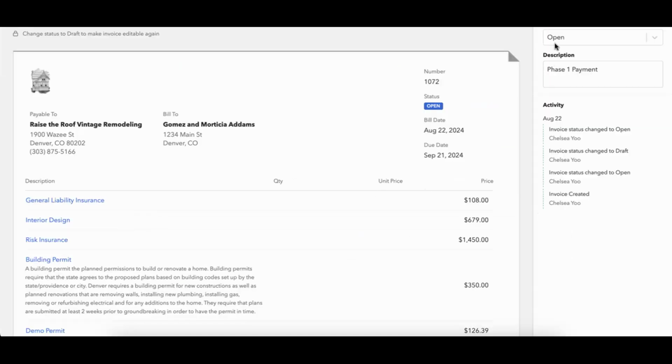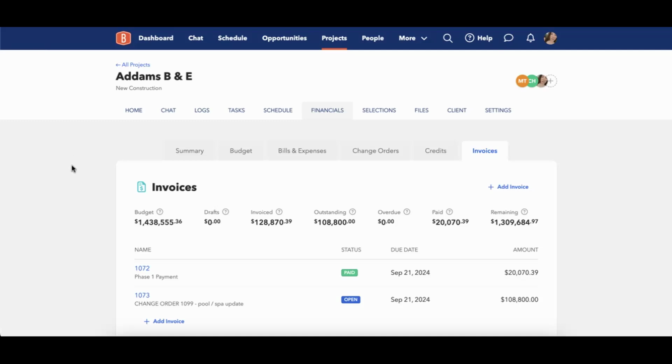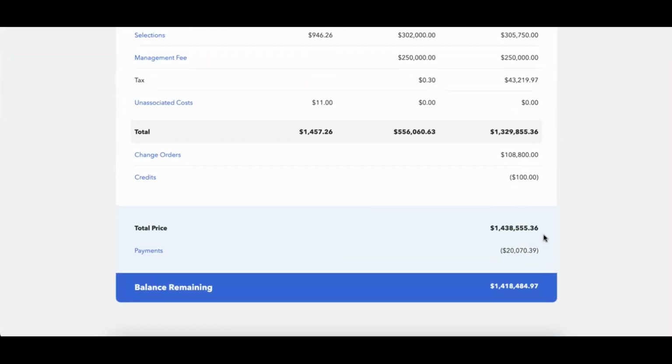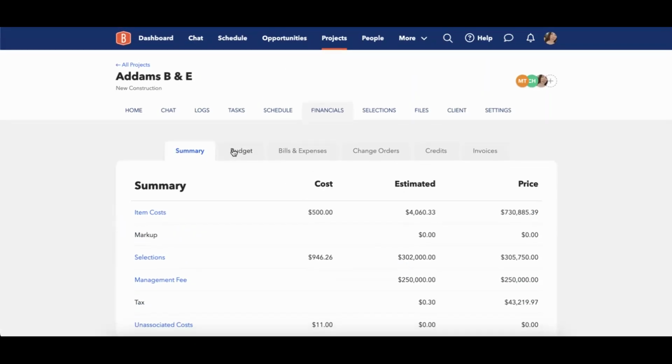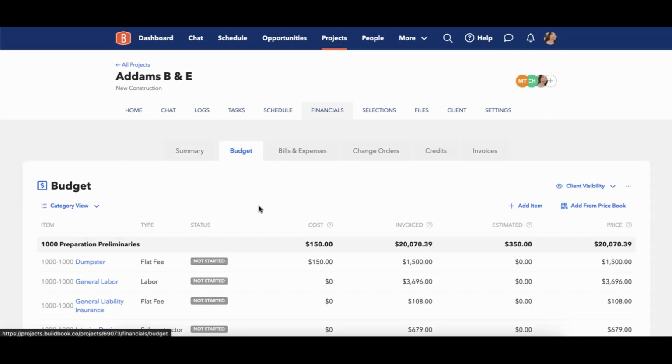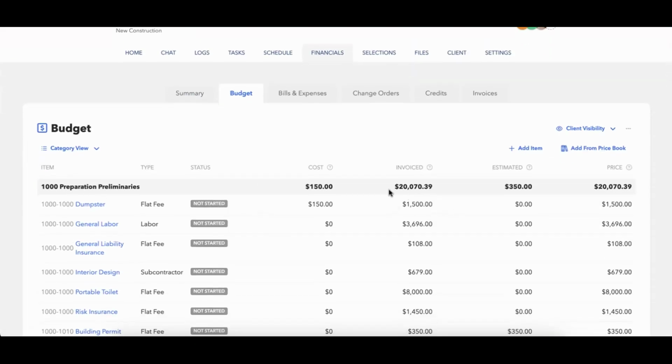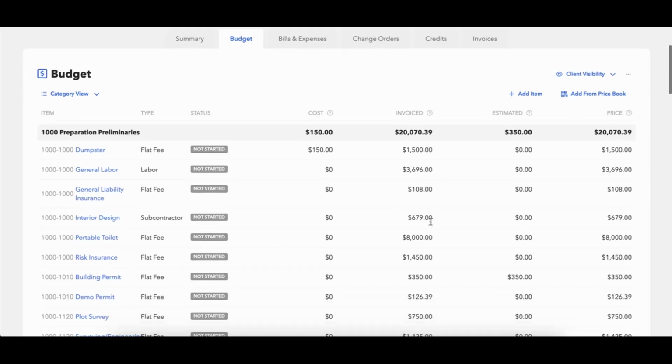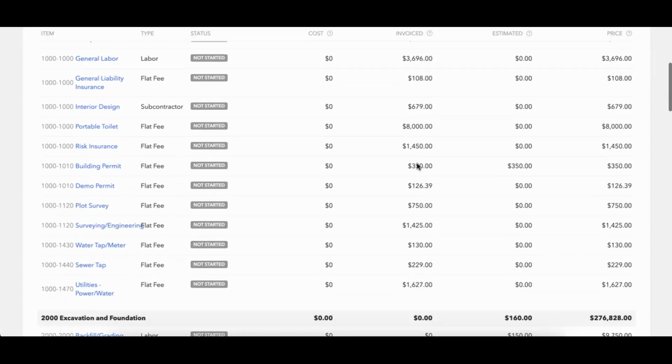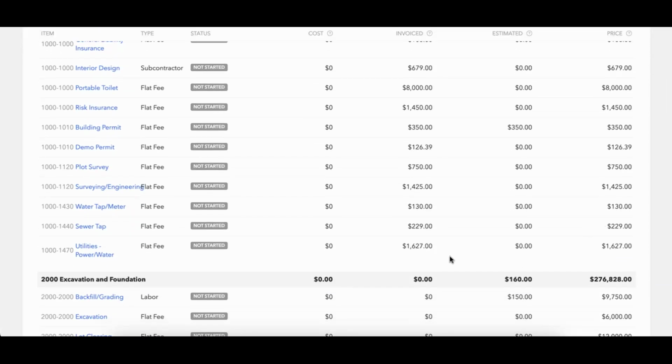But let's say my client has paid this one now, and I want to see how this affects my budget. I can go to the summary right here and see that the paid invoice is reflecting and it's bringing down that balance remaining. So it's reducing this balance remaining right here. And then if I wanted to, I could go into the budget to see how much of this item is invoiced. So again, this is not the remaining. This is how much of the item you have invoiced out,